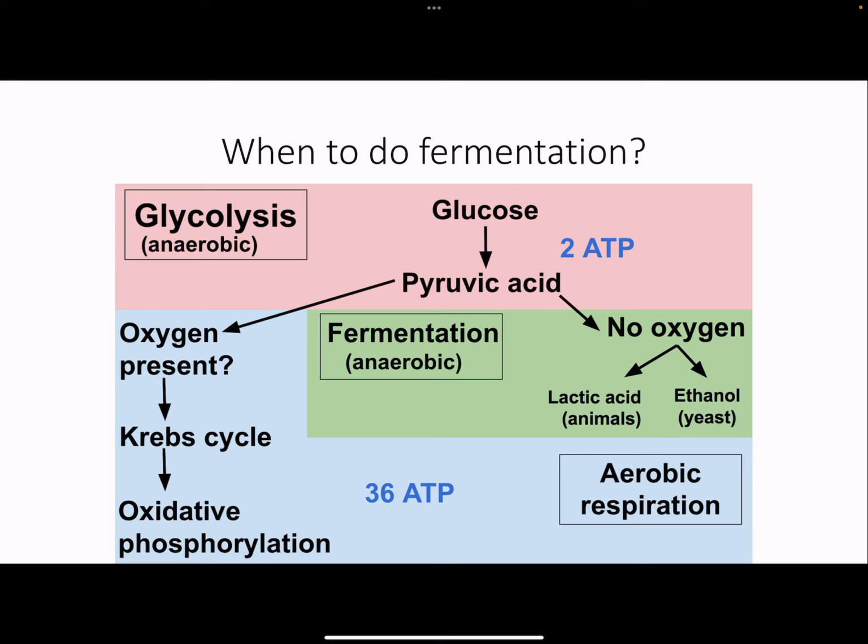When does fermentation occur? If you have oxygen, you're typically going to do oxidative phosphorylation. Fermentation is, for example, a red blood cell doesn't have a mitochondria, so it cannot do any of the cellular respiration stuff. So it has to do anaerobic respiration, which is fermentation. So red blood cells, or if your muscles are working really, really hard,